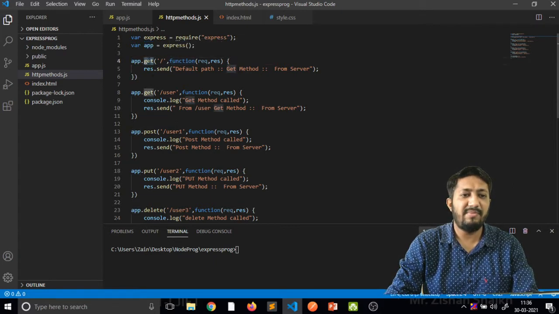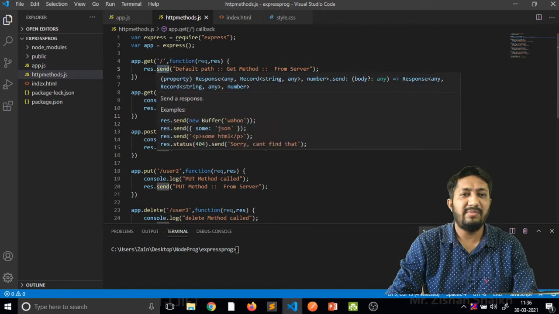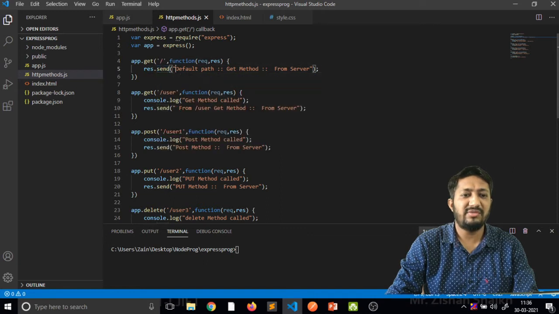Here we are using app.get, where the first parameter is a specific path from which our data is coming, and the second is a function with request and response parameters. When the user requests using this method, the server responds with the send method. The response.send method is called by the server, and this particular text will be sent by the server. This is the default hello world program.